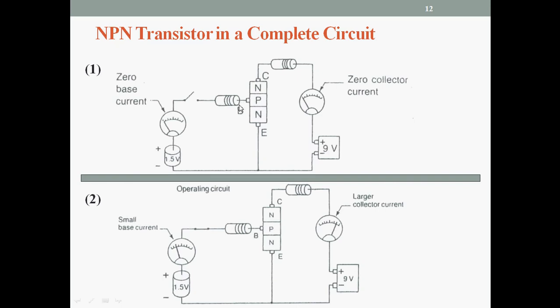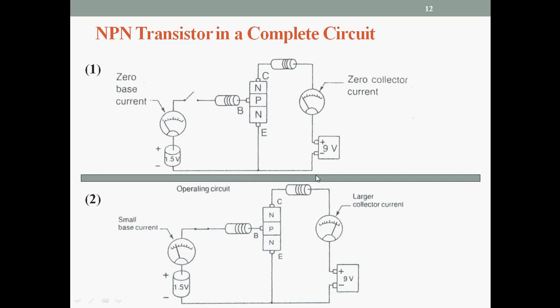Because of zero base current, the base emitter junction is in reverse bias and electrons will not flow. So this is in the cutoff region, or we can say that there is no electron flow, the emitter could not emit the electrons and cross to give us the collector current. So there is zero collector current.